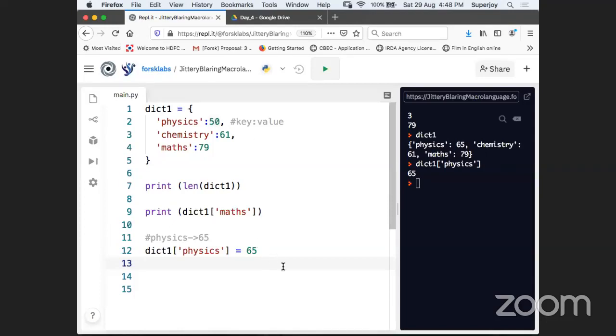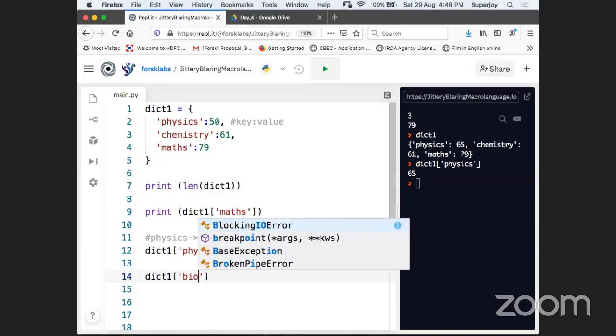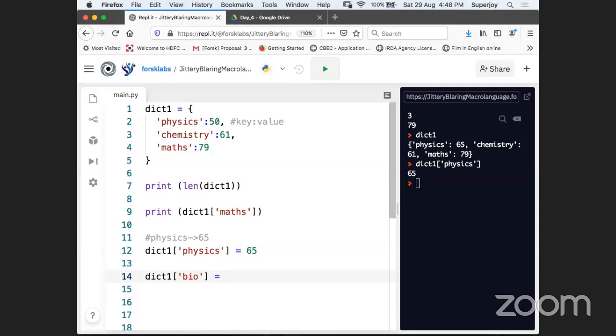So guys, let's say this student also appeared in one more examination, and this time he also appeared for bio. So kind of a dual, right? This time, what I'm trying to do is insert a new record in the dictionary. As of now we only have 3 records. So how can I do that, guys? dict1 is there, and now let's say bio is the new subject, and let's say how many marks he got in bio.